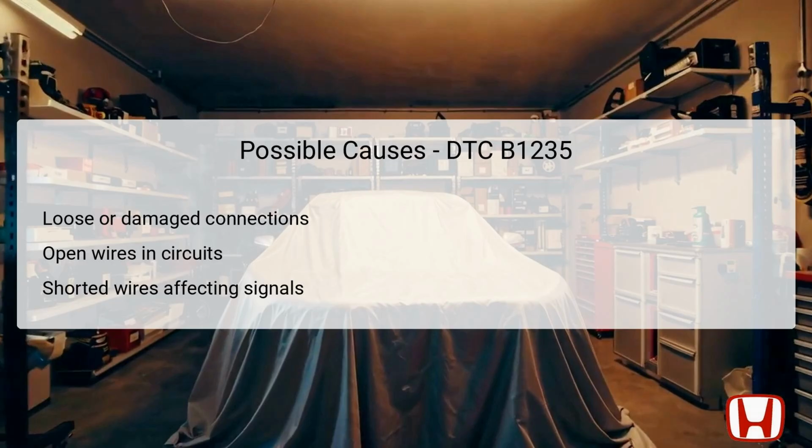Additionally, open wires in critical circuits, especially the M-Hot DR or M-Cool DR lines, can prevent the motor from receiving necessary power and signals, leading to failure. Shorted wires can also cause direct connections to ground, which may result in improper functioning of the system. Each possible failure point needs to be systematically checked to determine the root cause of the fault and rectify it